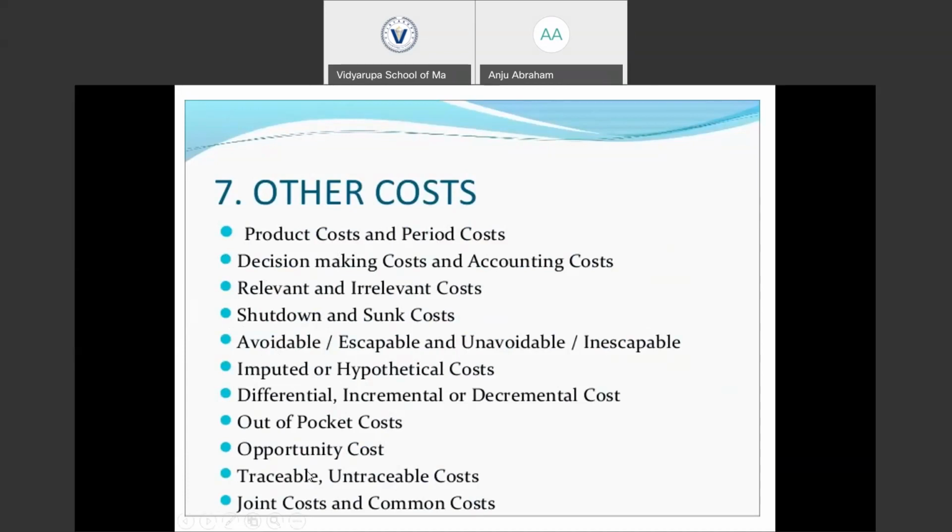Joint costs are the costs incurred in the joint production process, and common costs are the costs incurred in common, and these are allocated to the products of the production depending upon certain suitable basis. So these are the various other classifications of cost.